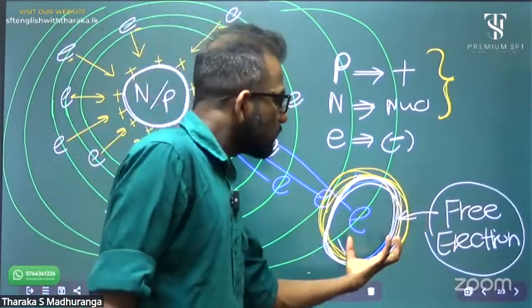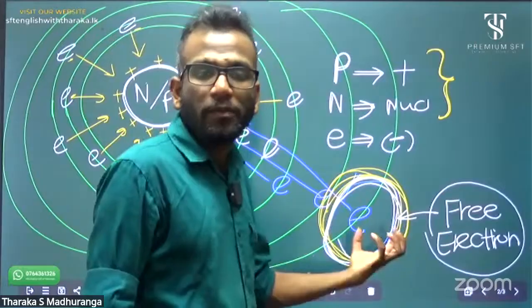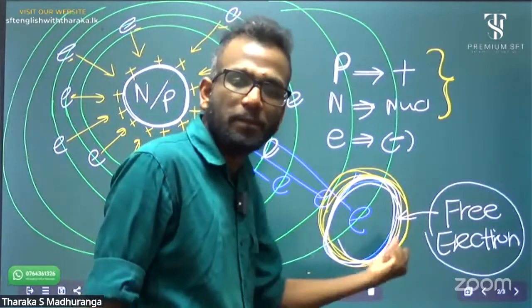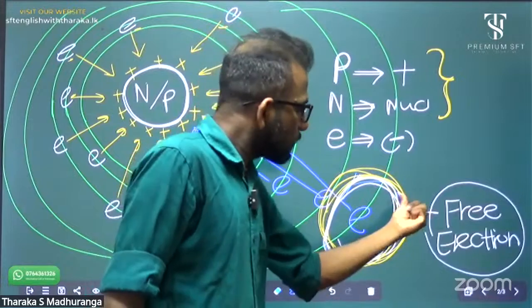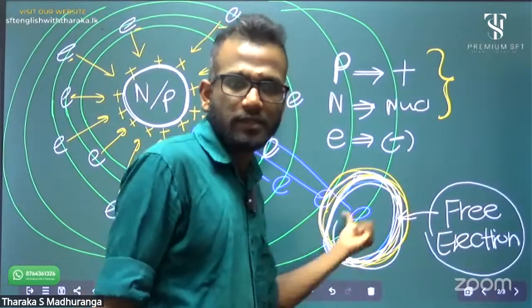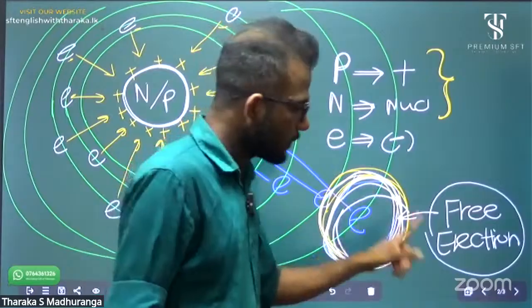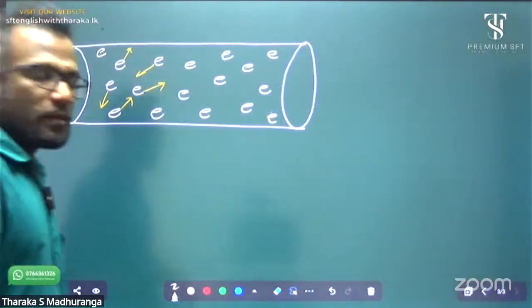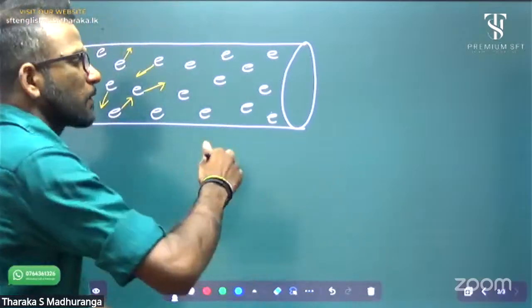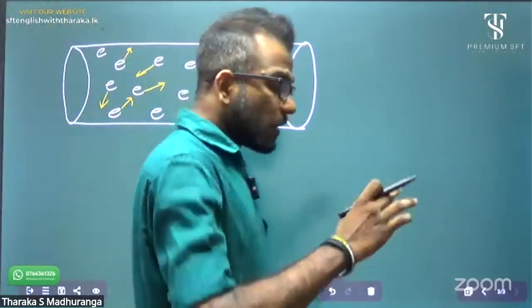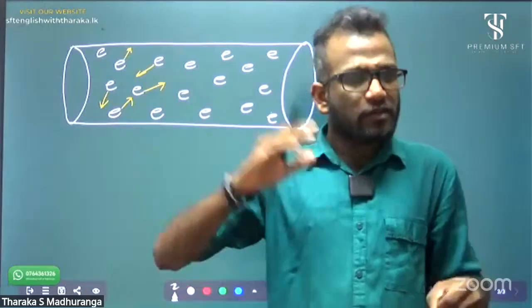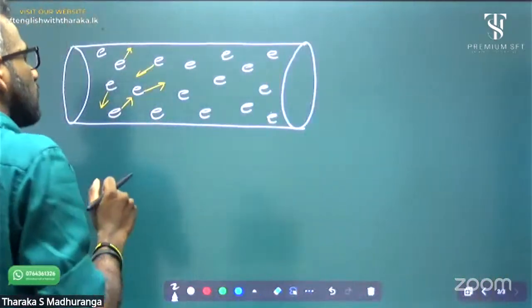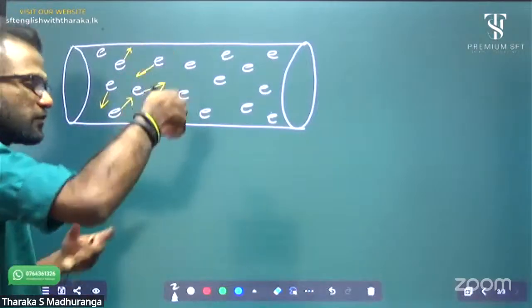They are very important for the formation of electric current. These free electrons are the very important carriers for electric current. Free electrons. Okay, very simple story. Now, try to understand this full story, then tomorrow you can get the tute and read and complete everything. Now these free electrons,